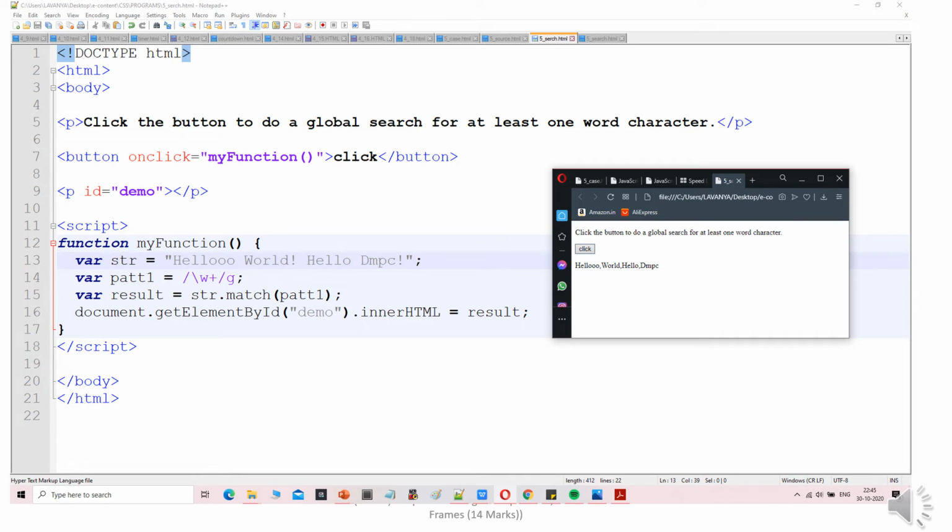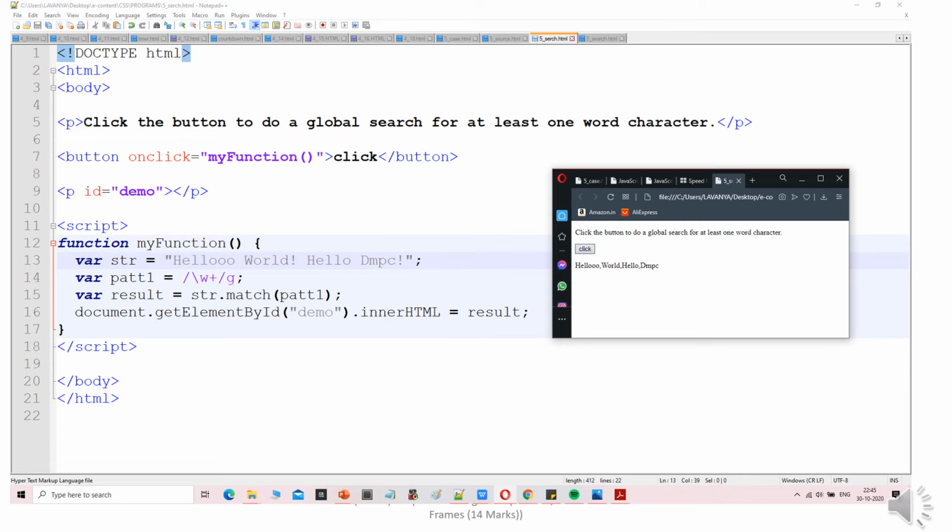This is the next program for click the button to do global search for at least one word in the character. See here, this is global search, means we have to use the g flag in this program. Okay, button onclick as it is myFunction click button. Then in the script myFunction, where string is equal to hello world hello DMPC.